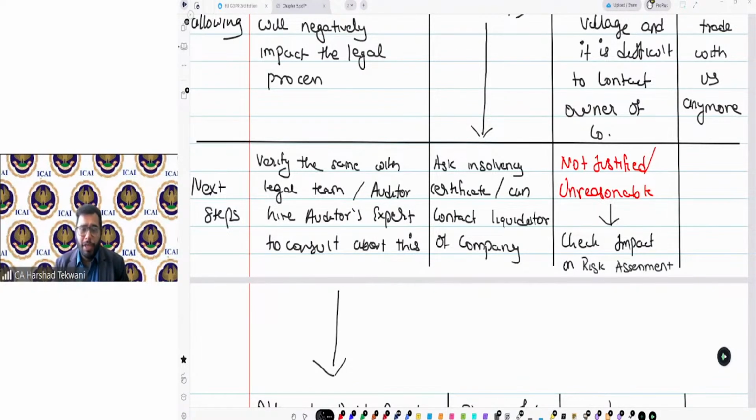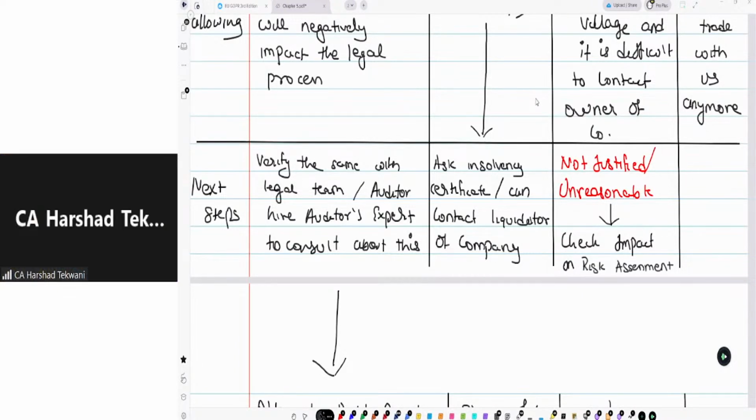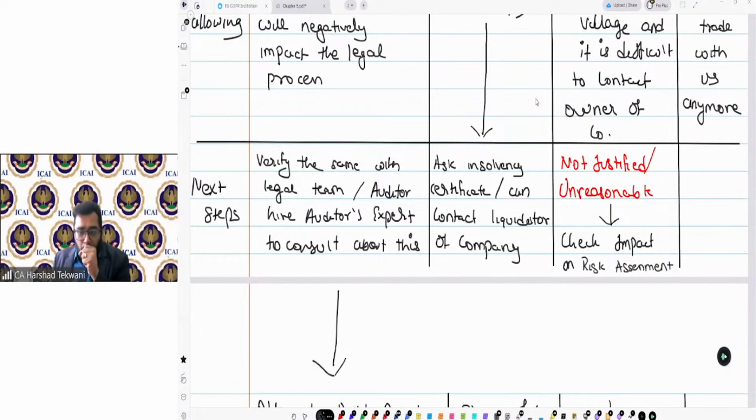What is the difference, do you think, between checking impact on risk assessment and checking impact on audit opinion?